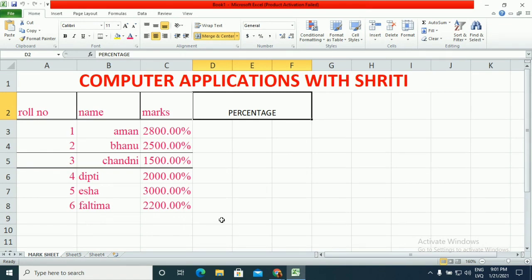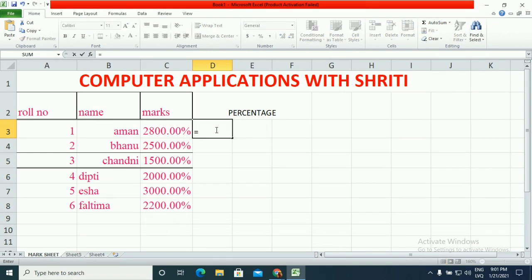Next is formulas. How can you write formulas in Microsoft Excel? To write a formula, you have to select the cell first, and always write the equal sign first, and then you can select the cells for which you want to write the formula.